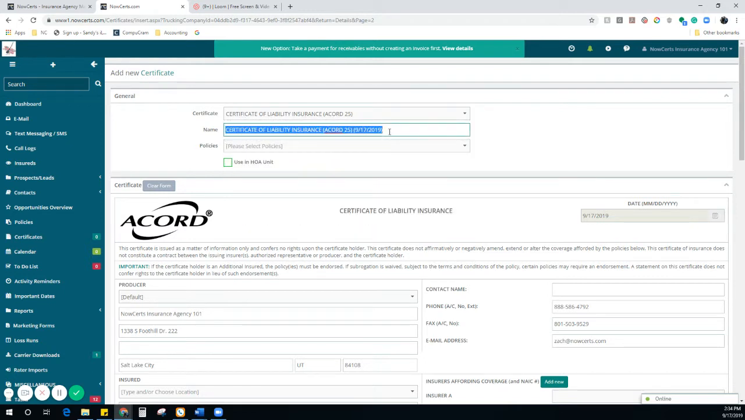I suggest doing this because I do find that you may have different insureds that need more than one type of certificate. So you might have an ACORD 25 for all of their liability, and then you might have an ACORD 24 for their property. It's easier to name them because then at a glance you're able to determine which one you want to send out. So I'm going to label this the 2019-20 liability